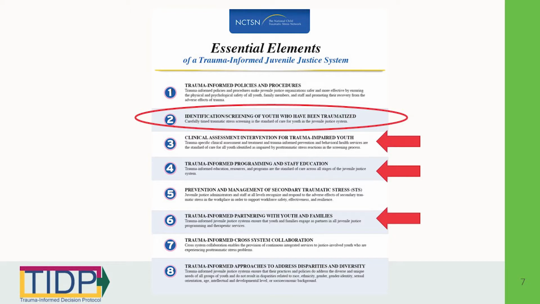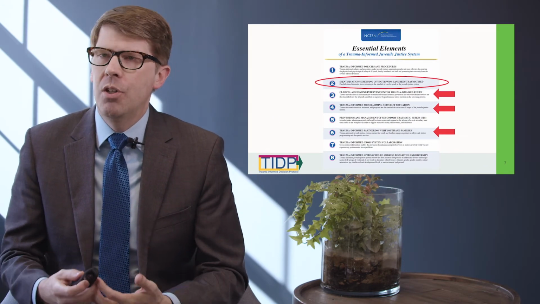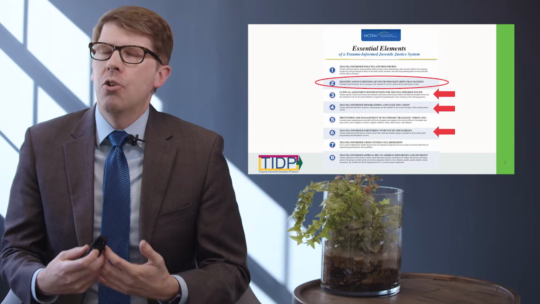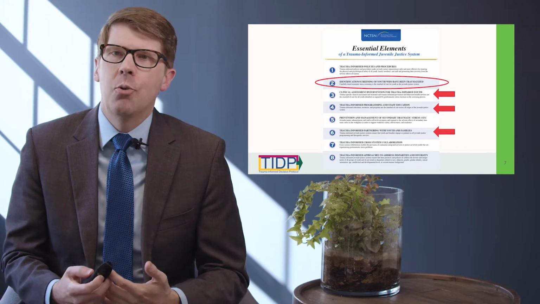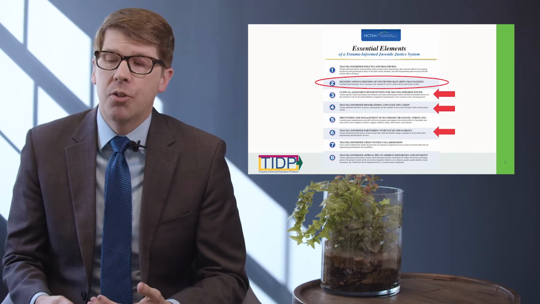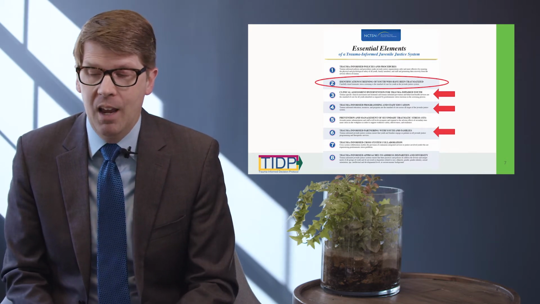What we'll be talking about today with the trauma-informed decision protocol is an extension of trauma screening that will help juvenile probation officers integrate information across a range of different types of assessment tools to move into a next essential element, which is reinforcing the linkage that trauma-exposed youth who screen positive should warrant additional follow-up assessment and an appropriate linkage with services that address not only their trauma needs, but also the criminogenic needs that could be contributing to their risk of future delinquent behavior.